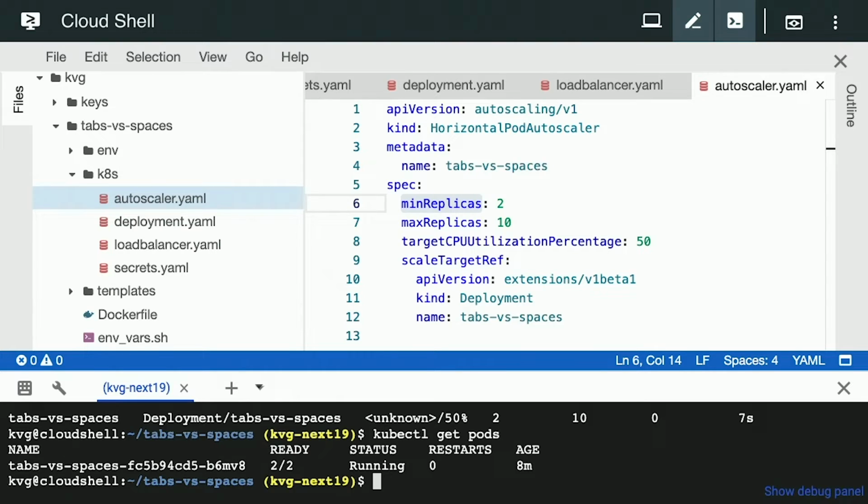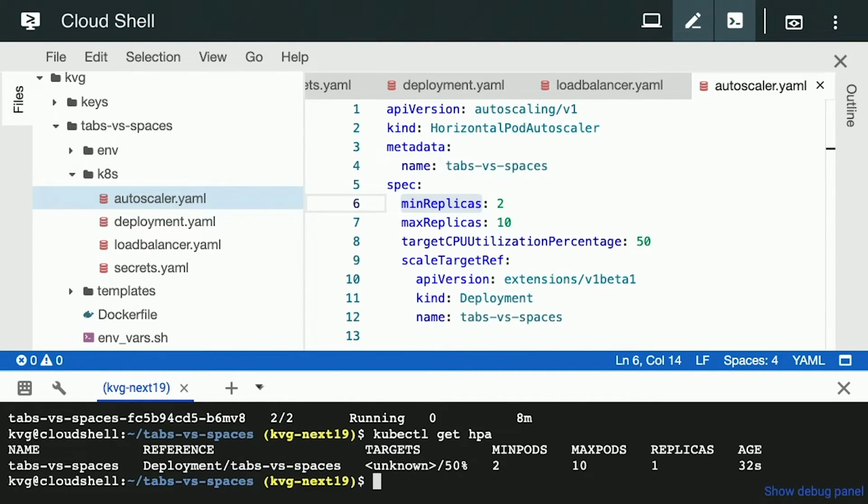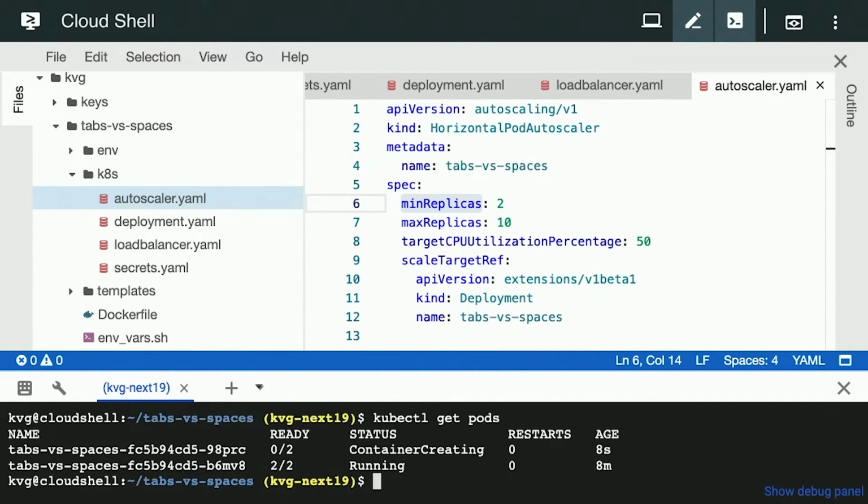I still only have 1 pod, so the HPA is taking its sweet time. I see replicas 1. OK, sweet. So now it started up a second pod. It's only 8 seconds old, so it's still getting there. But we've got our backup pod in case something goes wrong. So even if I were to crash one of these,